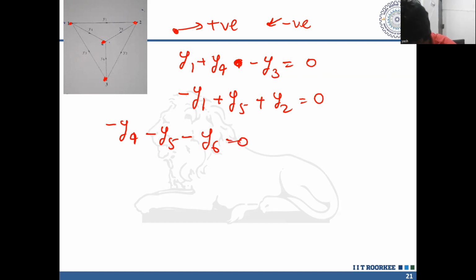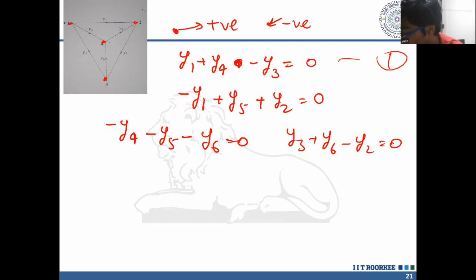And for the third node, y3 plus y6 minus y2 is equal to 0. So these are all the four equations, which we can write in matrix form as